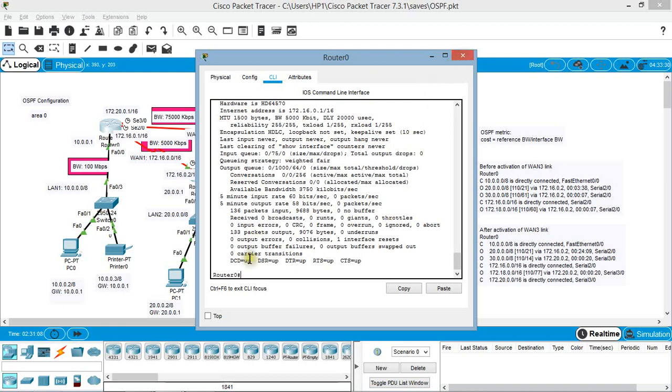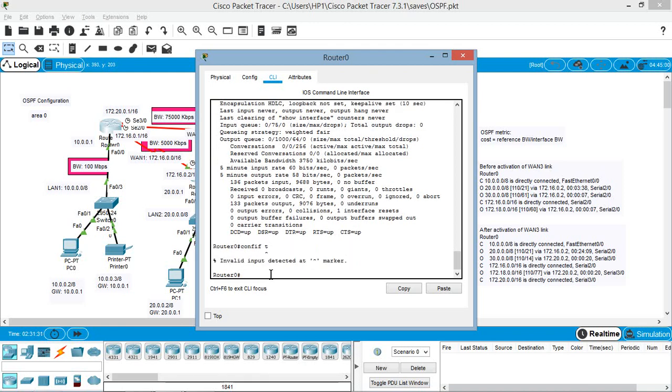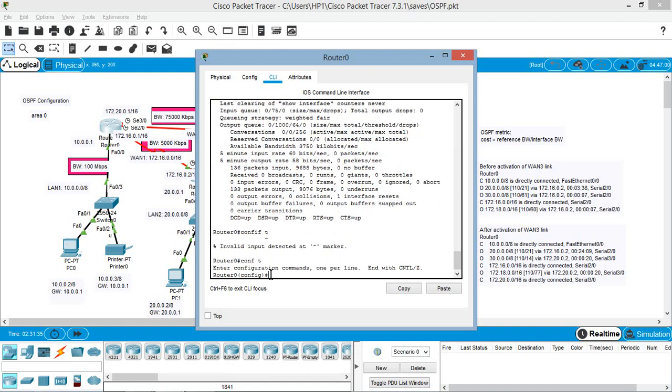Now let us activate the WAN 3 interface on each of the routers. Now let me go on the serial interface 3/0 of this router and activate it. I'll be using first of all the configuration terminal command, conf t or configure terminal.